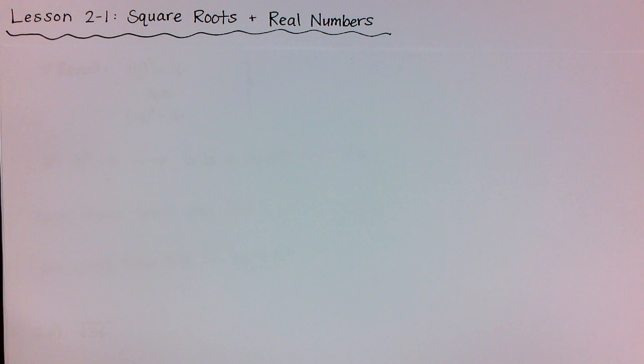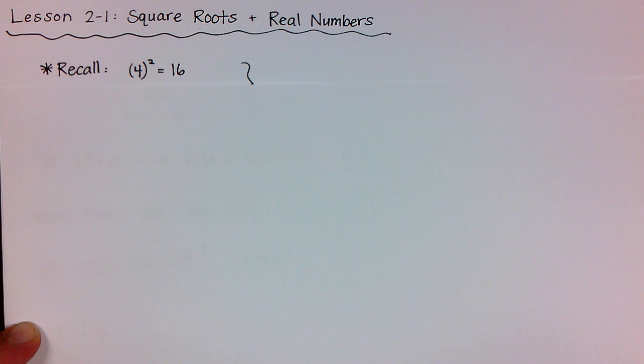Hello class, this is lesson 2-1 in your algebra textbook, and today we're going to be talking about square roots and also real numbers. Some stuff that you've heard about before, but let's just make sure that we understand what we're talking about. So if you recall, we did the square of a number or cube of a number before,